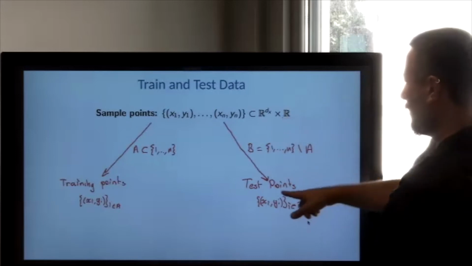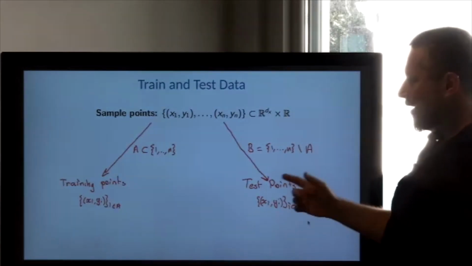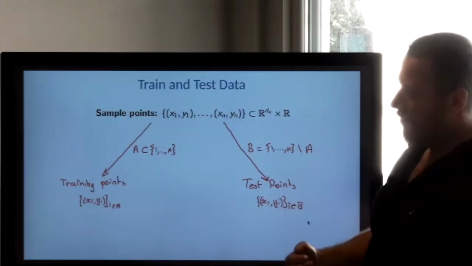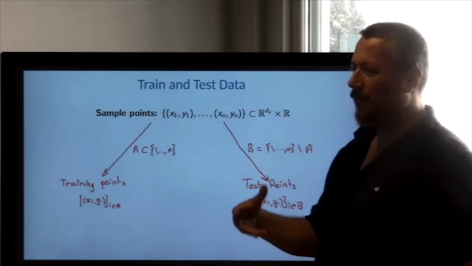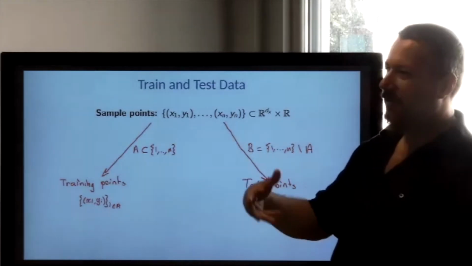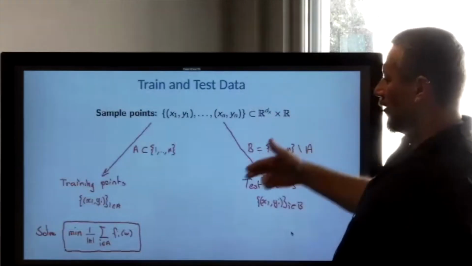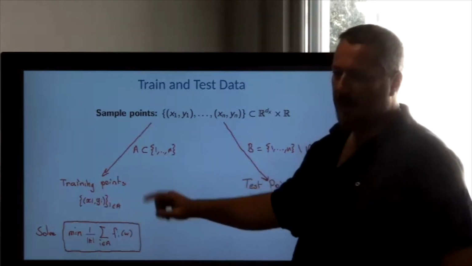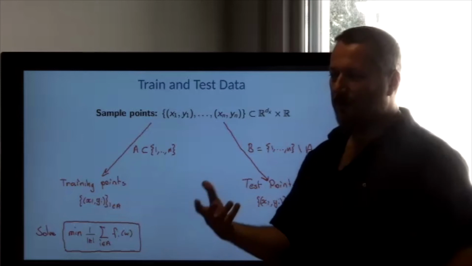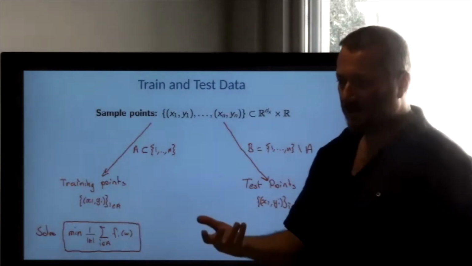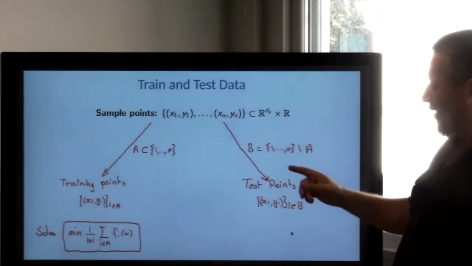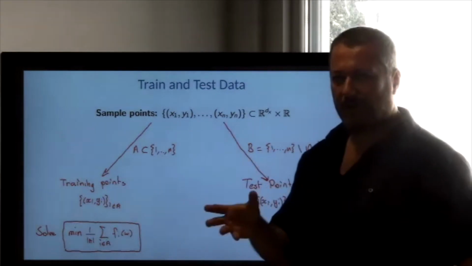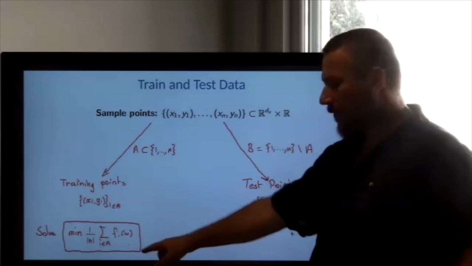And then the rest is test points. And then what you do is you choose a model, then you choose an optimization method which finds the minimum value to this finite set problem for the training points. And then you want to know how good of a solution it is. And what you do is, once you fix your prediction function and the correct weights, which minimizes this problem, you